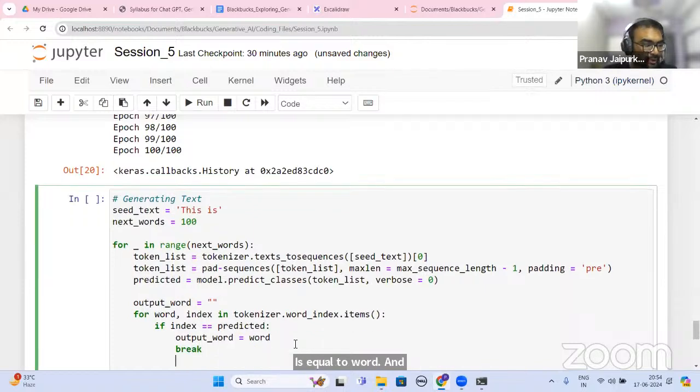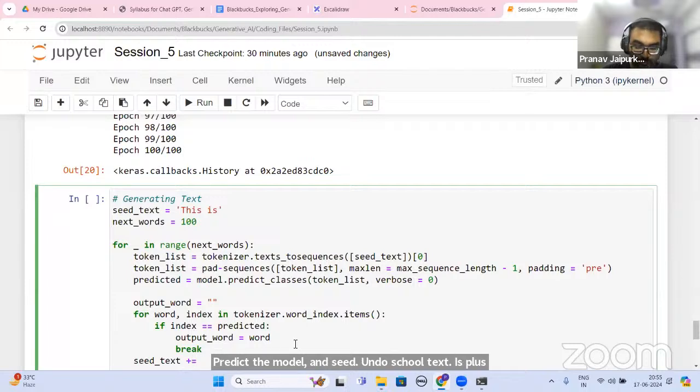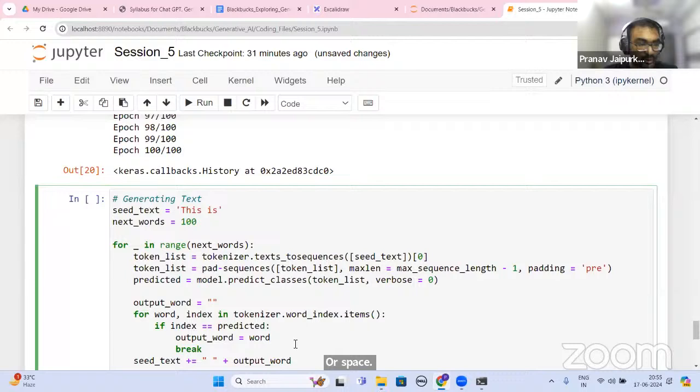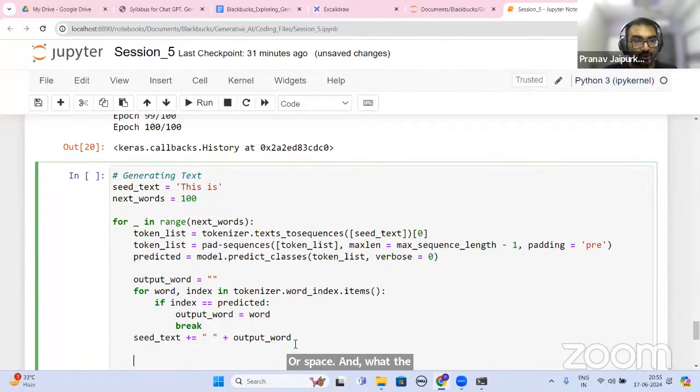We don't have to predict the model again. And seed_text += a space and the output word. So word by word, we would be doing the predictions over here.